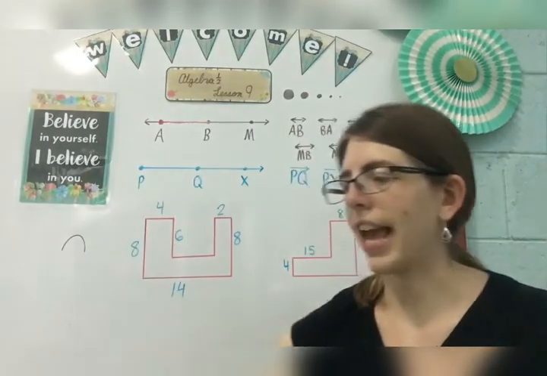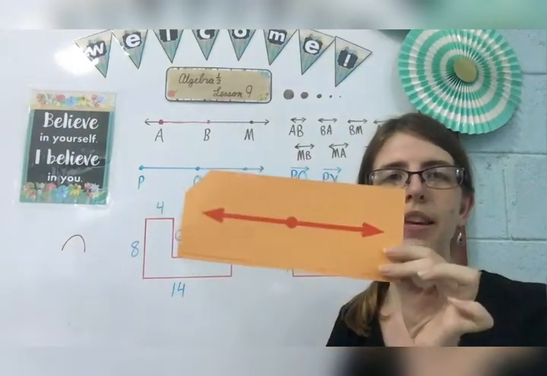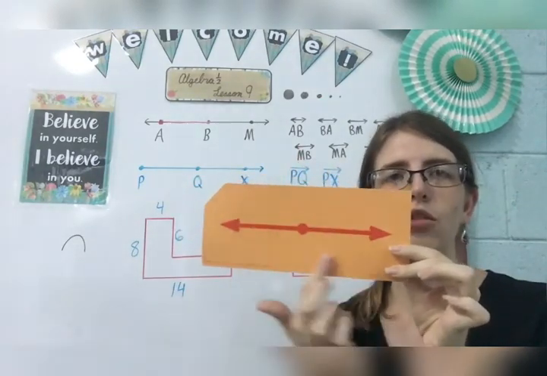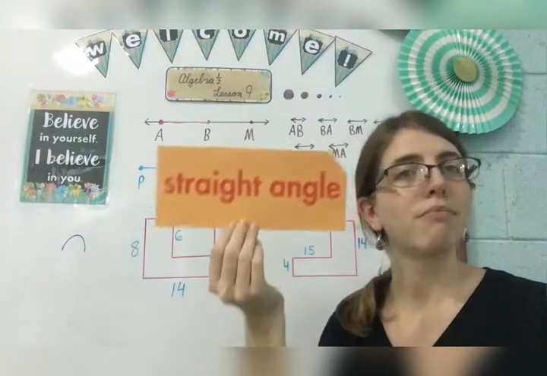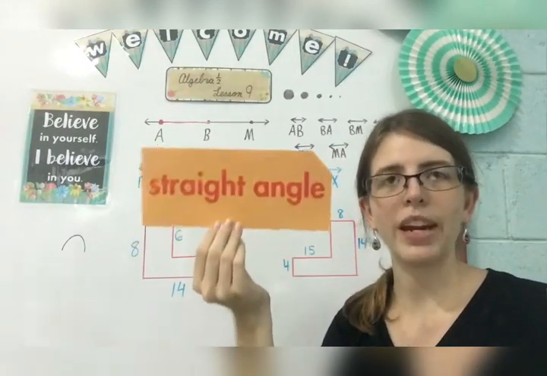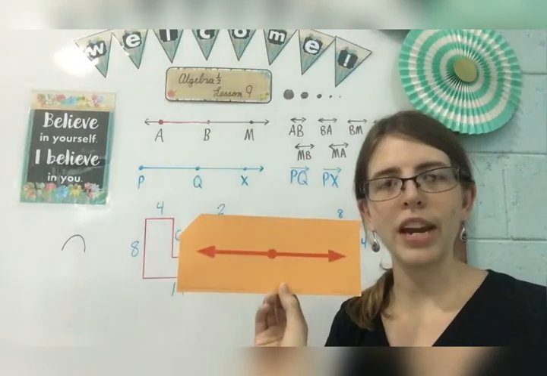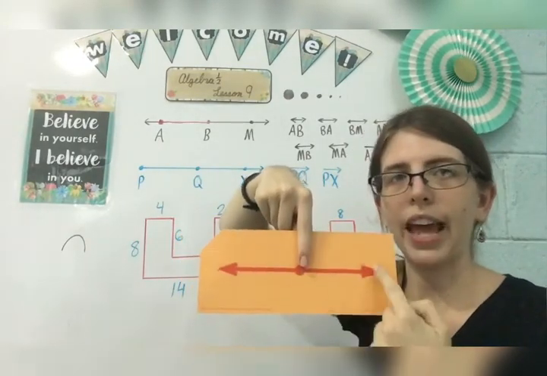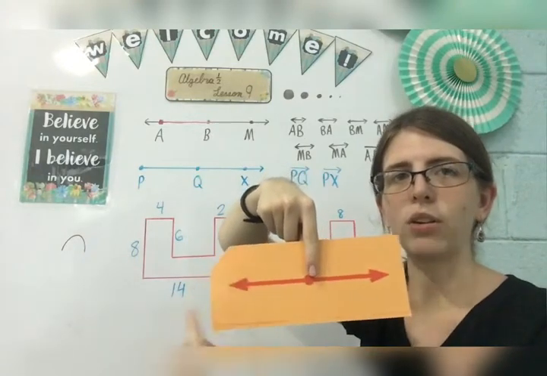If you have an angle that is so great that it becomes a straight line, so its ray goes all the way back, that is a straight line. We call that a straight angle. Now notice a straight angle could be made by taking a right angle and another right angle and putting them